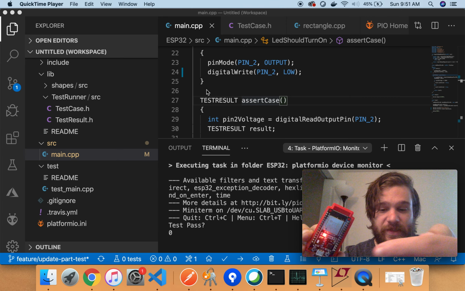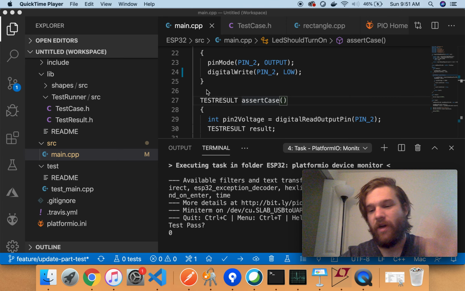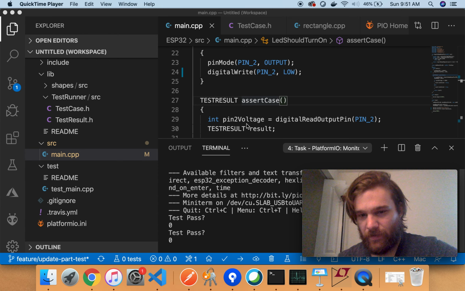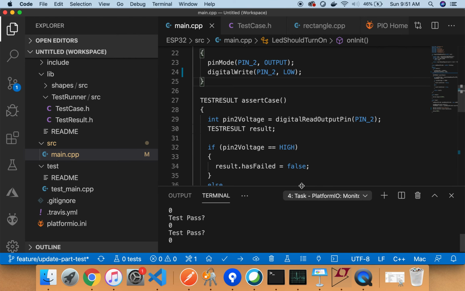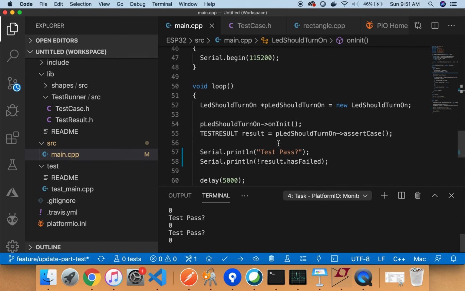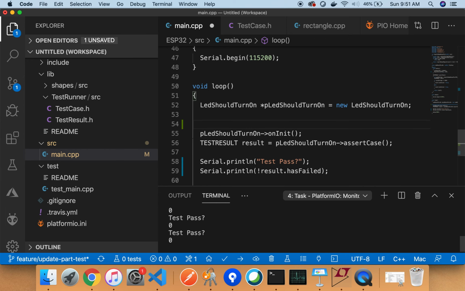Test pass 0, and you can see the reason it's 0 is that blue LED is off. So it's just a little simple test framework. And something nice is that it's based off how unit test frameworks work. You can make a test runner class